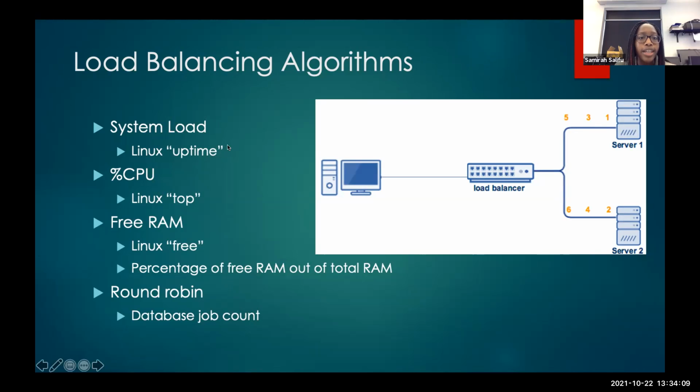So system load looked at Linux's uptime, specifically the 1 minute system load average. Percent CPU looked at the top command and the percent CPU number. And then free RAM worked a little bit differently because all the nodes had different RAM space. So it looked at the available RAM, and then it calculated the percentage of free RAM out of the total RAM out of all 4 nodes. And then it just sent the job to the server with the